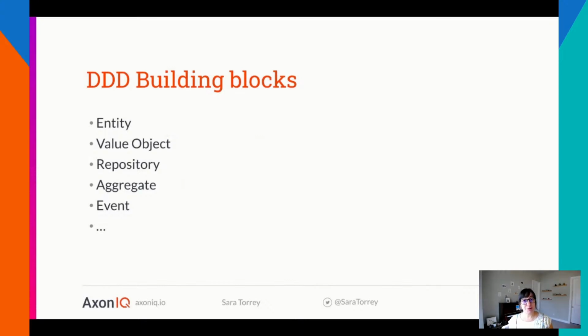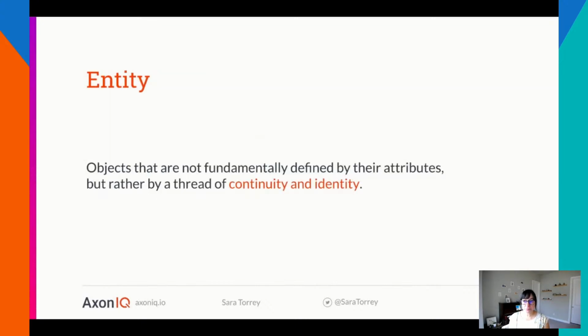Now, there are other building blocks as well in that book. It's a pretty thick book, so there are a lot of different concepts in there, and I highly recommend you check it out. Some concepts are a bit outdated because this book is now over 20 years old, but still the gist of it is very, very useful for our current problems within software applications and systems.